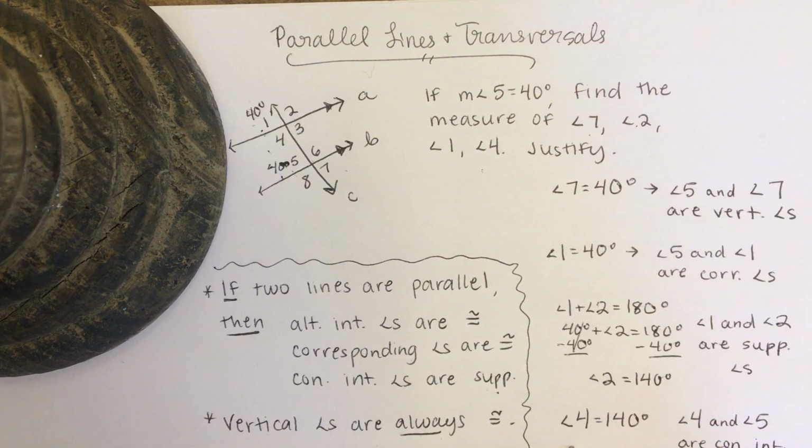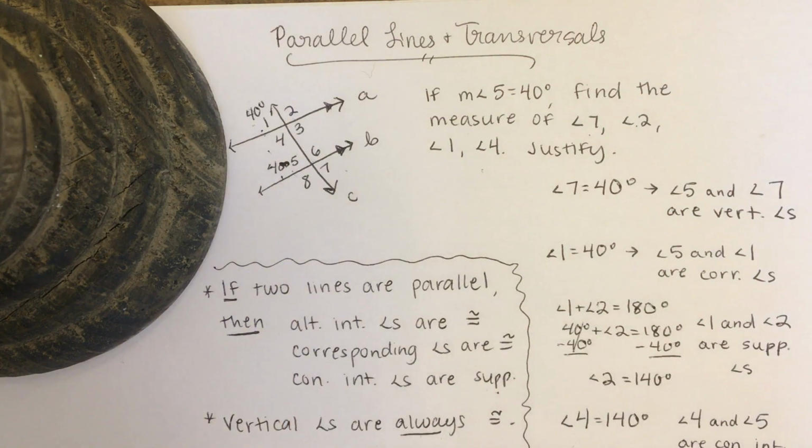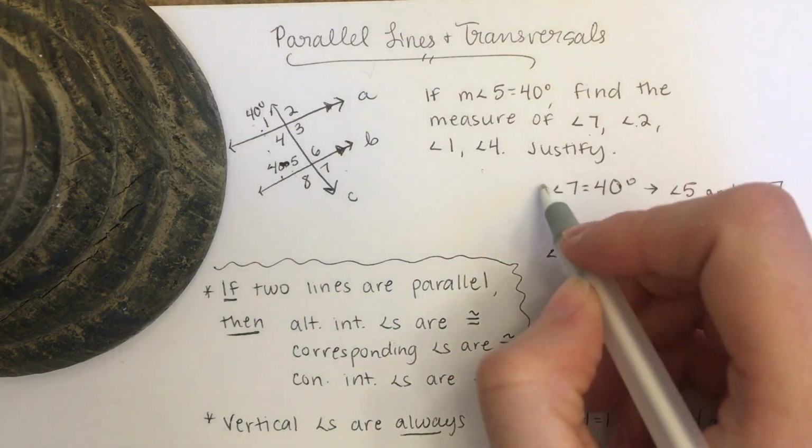And again, for this one, some of you might have said, well, 4 and 2 are vertical, and that would have worked as well. So once you start finding angles, you can use any of their angle measures to help you find the rest of them. You don't necessarily